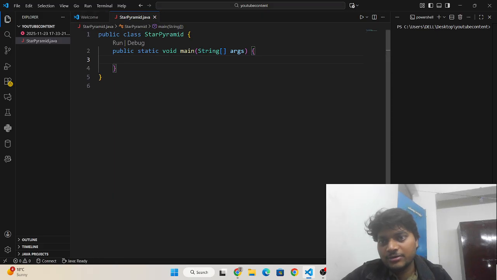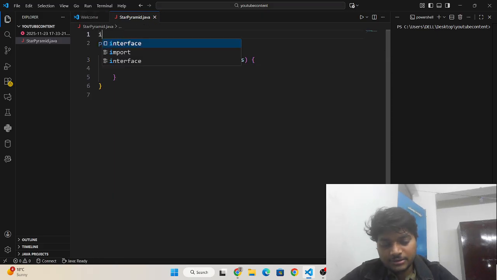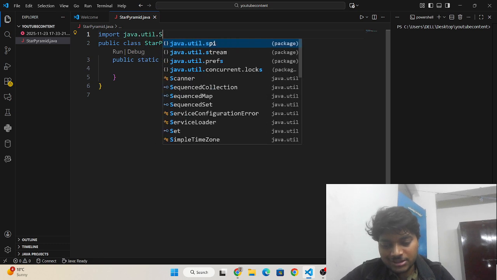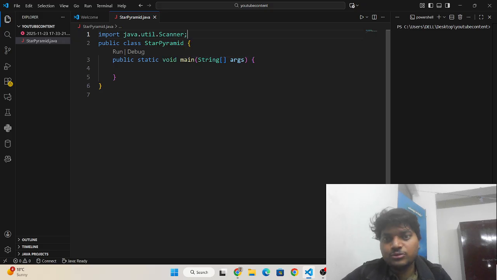Now I'm going to insert the main method, that is psvm. And now here I am going to write import java dot util dot Scanner to take user input. And now I am going to make an object for the Scanner class.